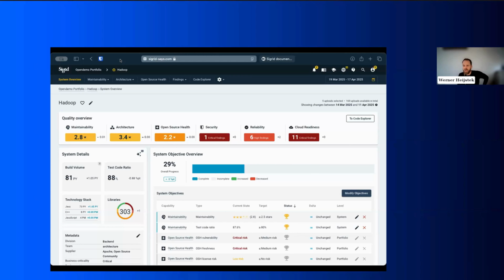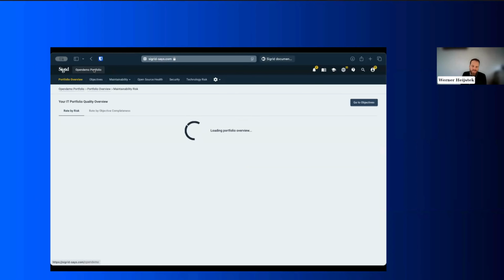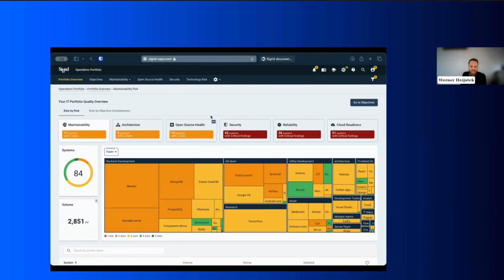What you want is to know which key violations you actually need to pick up to address technical debt that matters to my organization. So this system is built up around the idea of objectives, which is that policy that we talked about earlier, also that question that Mark mentioned earlier. And so for a portfolio that you have, the portfolio that you see here has probably some recognizable systems. So MariaDB and Blender and MongoDB, of course, these are all open source systems that we can share. These are 84 systems, 84 applications.